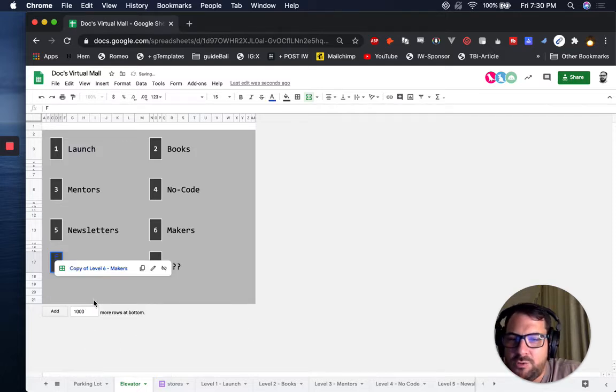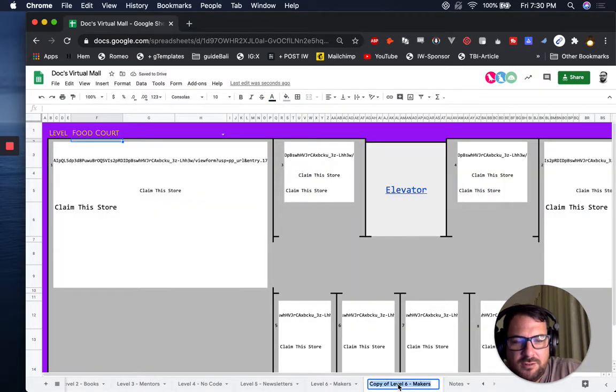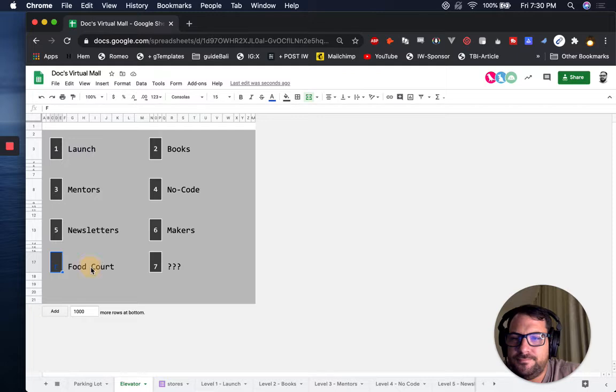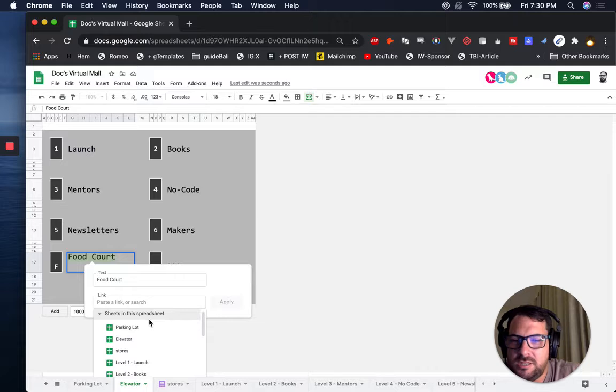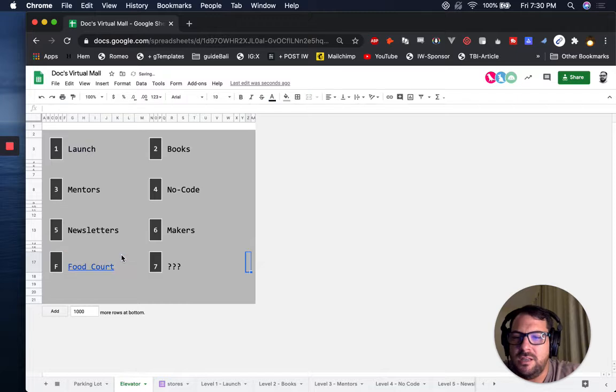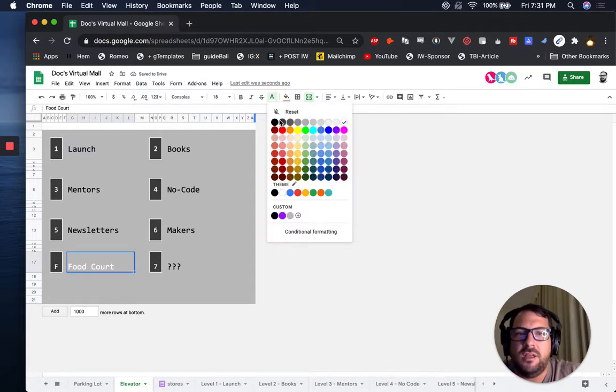So I can just do a copy of level 6, and then when I go and rename this, I'll rename it food court. This is renamed here. Doing Command U and changing to get rid of the underline. See, it's already renamed. Command K, sheets in this spreadsheet. We're just going to click food court. So we can create these internal links. They're really, really cutesy way to make navigating your sheets much, much, much easier if you have a lot of